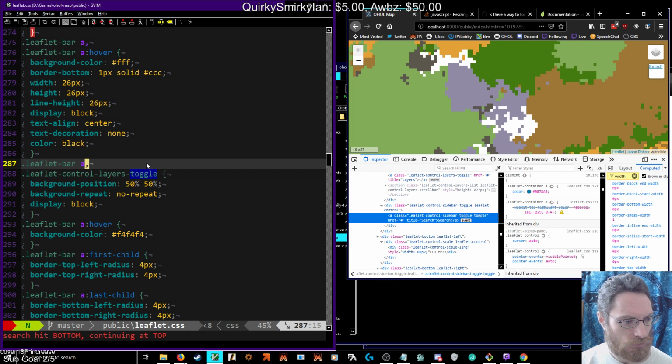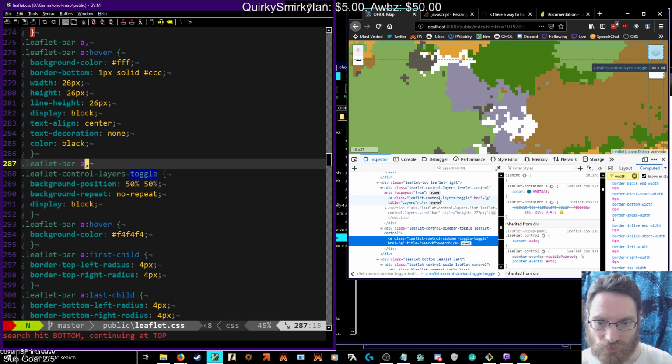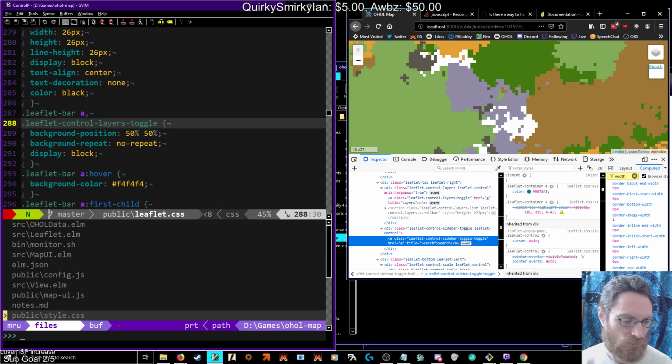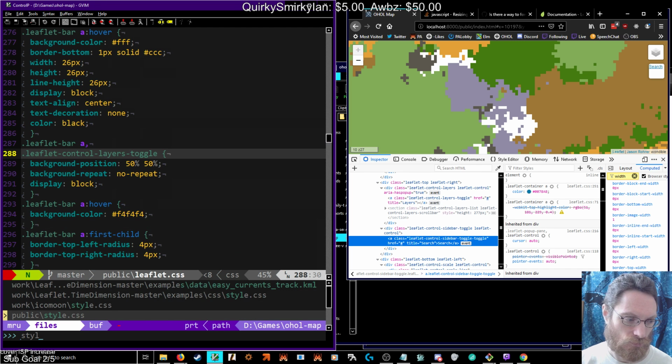Oh. It's a toggle toggle. Oh, so toggle was actually the link itself. So it's a leaflet, well, it's not really sidebar, but